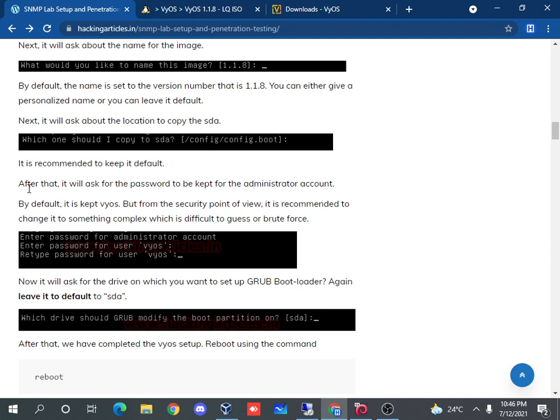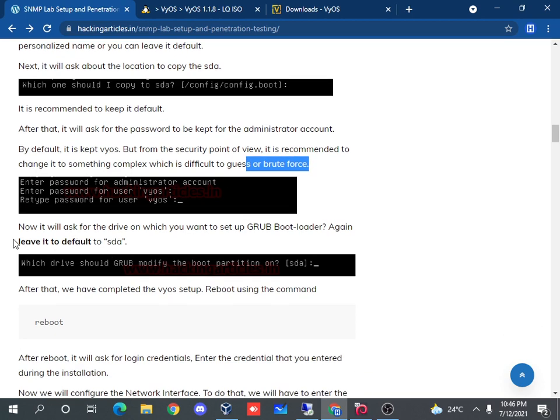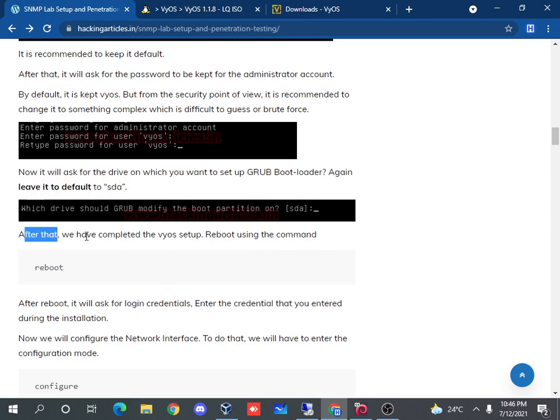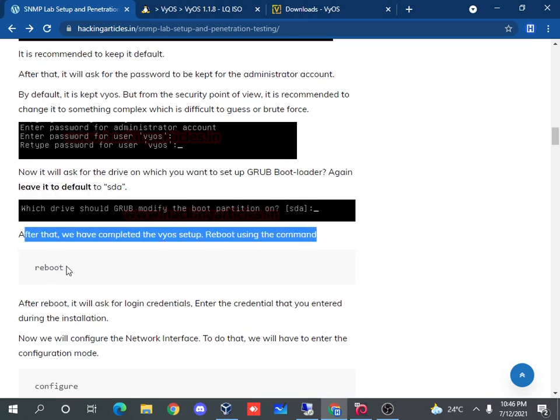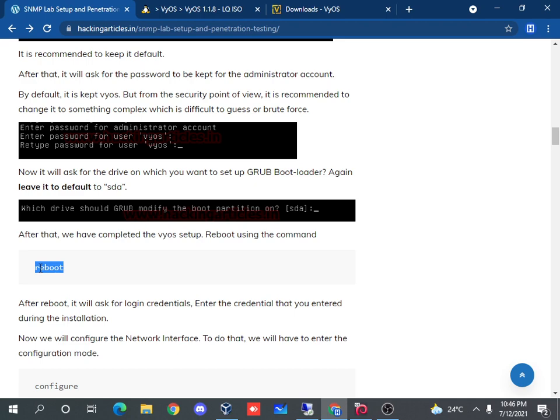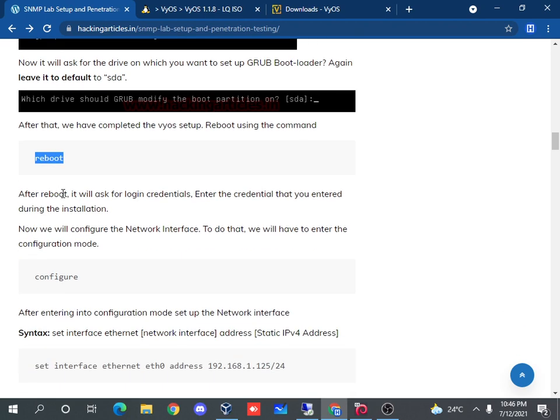Next, it will ask for the password to be kept for the administrator account. By default it is VAS, but from a security point of view you can change it to avoid brute force attacks, right? Now it will ask for the drive on which you want to set up the GRUB bootloader. Again, leave it default, HDA. Okay, fine, the installation is completed, and then you need to reboot your VAS system. Once it restarts,